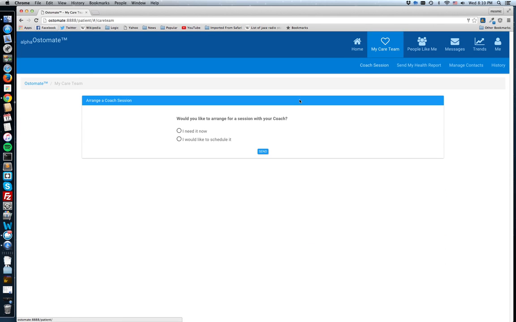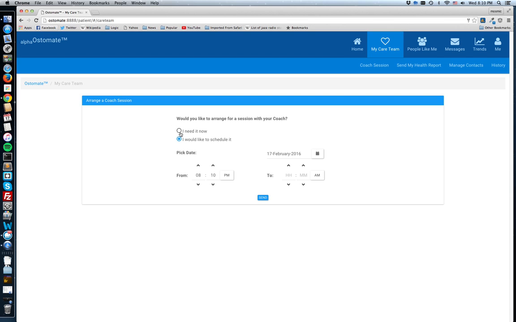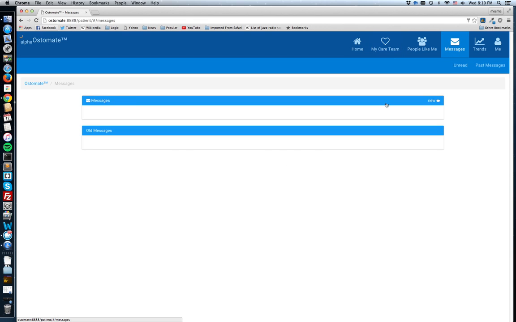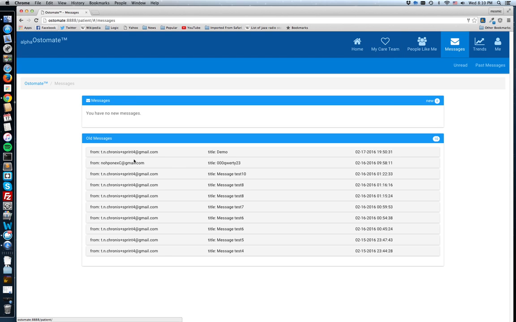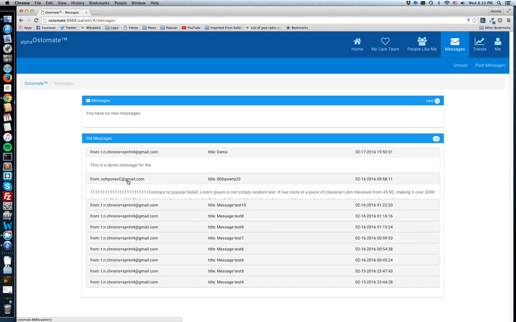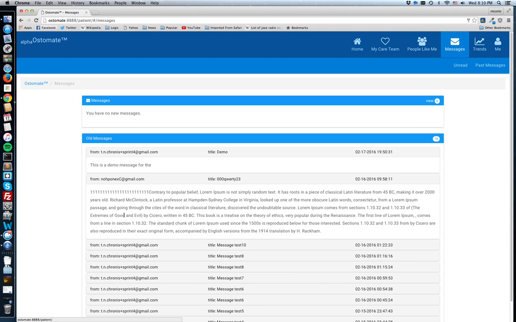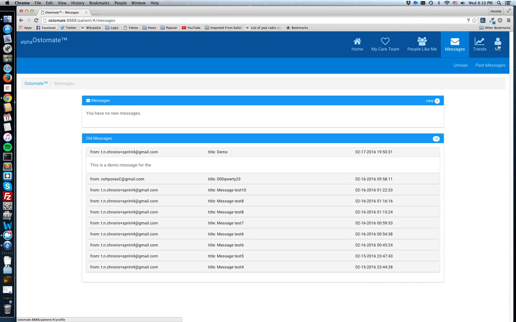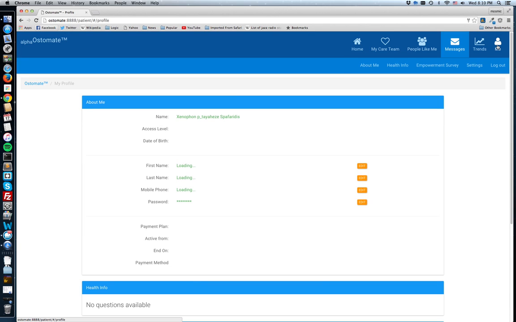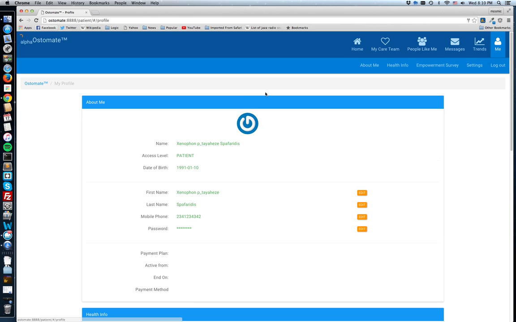Next, in Care Team we have all this arranged coach session standing by its own, so it has a similar functionality. Either he needs a session right now or later. In the messages area we saw what's happening with all the messages, both unread and old messages. And lastly, he can get into his